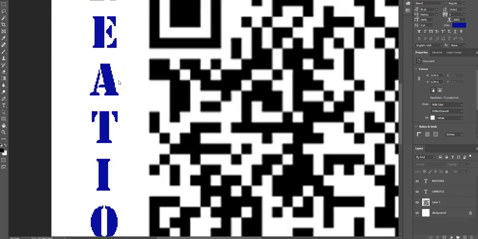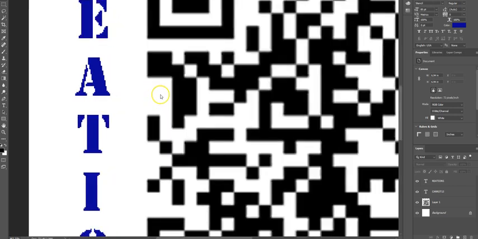So a BMP file is a file format that is known as a bitmap. The same for a JPEG. The difference between them has to do with what's called compression and compression rates. So what you're really seeing is when you have a photograph, that photograph is made up of a bunch of